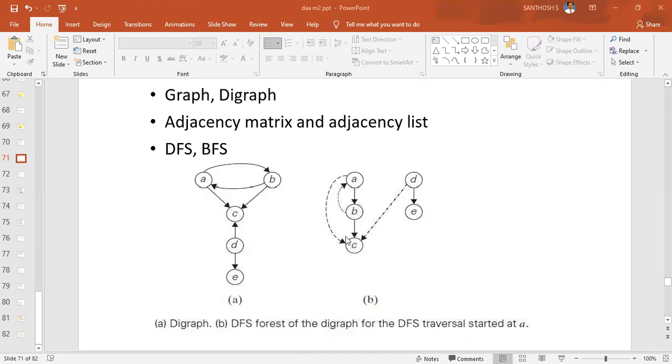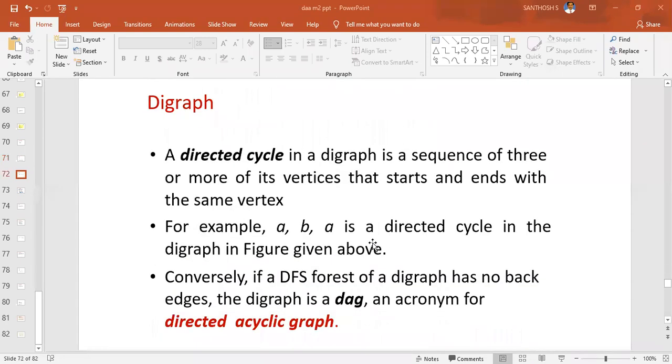This is a digraph because there is a directed edge between the vertices. Have you understood what a digraph is? If there is a direction from one node to another node, then we call it a directed graph.